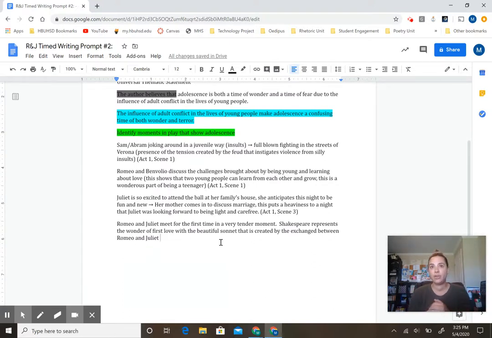It's very tender, which if you did your analysis of that moment in Act One, Scene 5, there's a lot of things that you could discuss. You could even pull out your close reading analysis of that, and then take a look at some of the evidence that you found there. You can paraphrase even more specifically within that sonnet if there are certain things that you want to talk about,